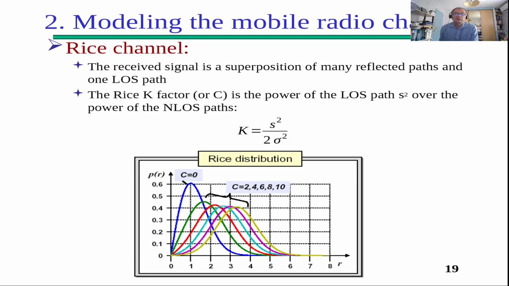You've got a special case for K equal to 0. It becomes a Rayleigh channel again. If C or K is larger than 0, you see that the amplitude samples tend to a Gaussian